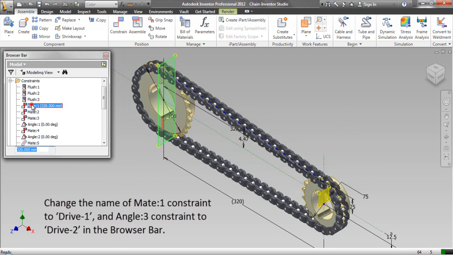Change the name of Mate 1 constraint to Drive 1 and Angle 3 constraint to Drive 2 in the browser bar.